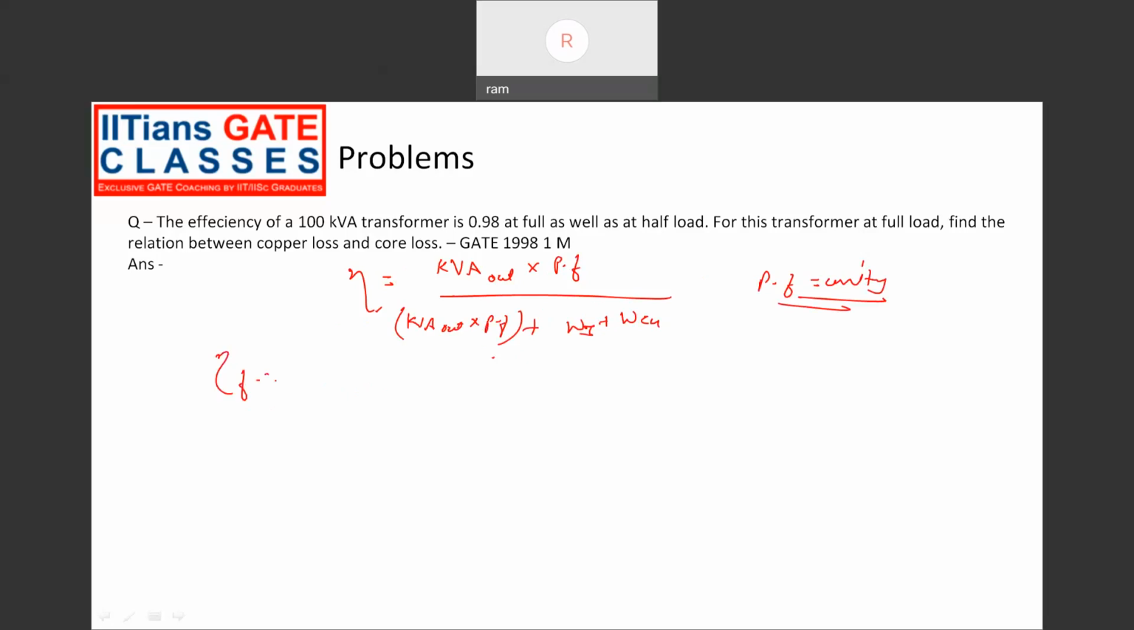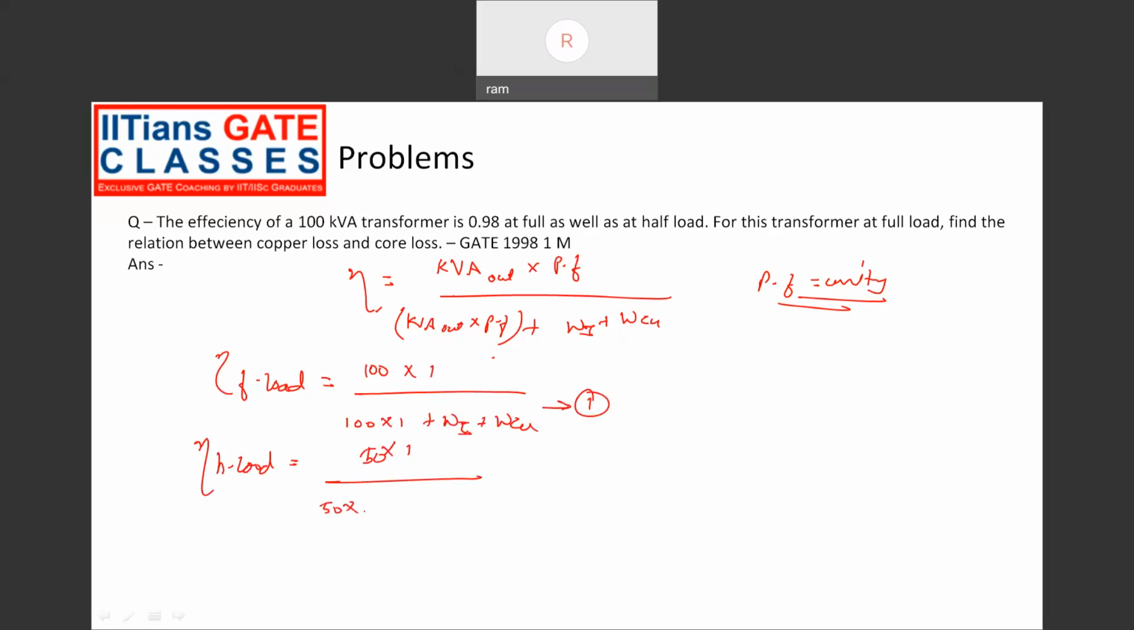So efficiency at full load equals 100 kVA into 1, divided by 100 into 1 plus Wi plus WCU. This is equation 1. So when the efficiency at half load equals 50 kVA into 1, by half load, right? So it's 1 by 2 times that of 100 kVA. So 50 into 1 plus